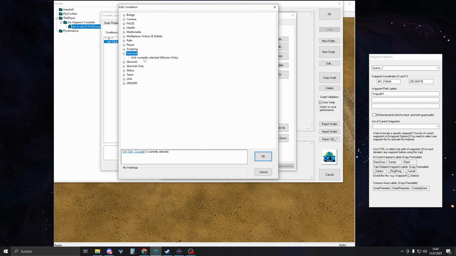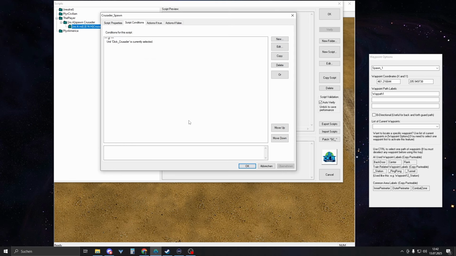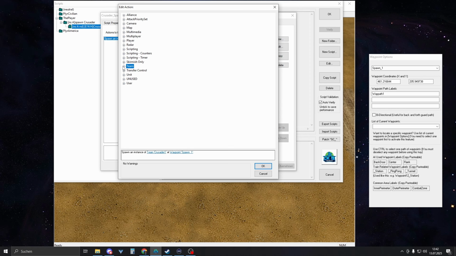And the condition is: unit is currently selected, works in mission only. You select your Crusader, which we just named. Press OK and go to action if true. Spawn an instance of the team Crusader, so the team we just created in the team tab. This one. So here in the team tab,